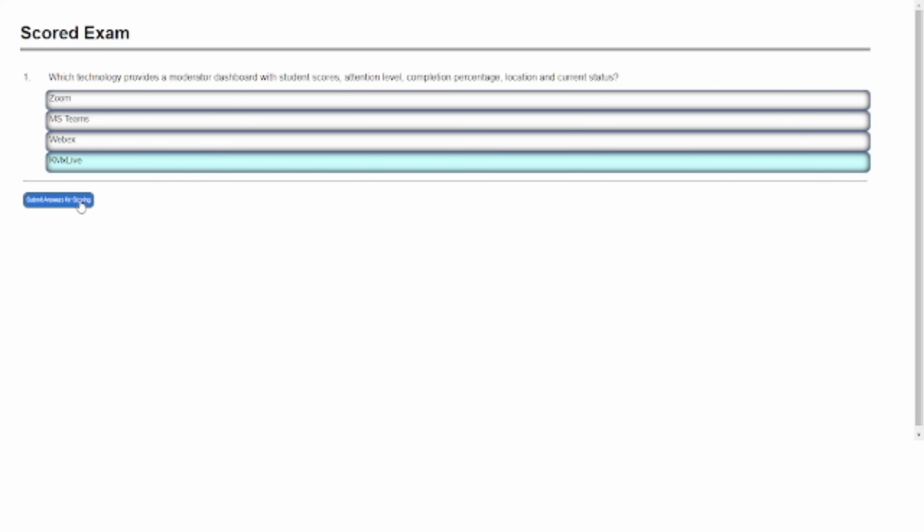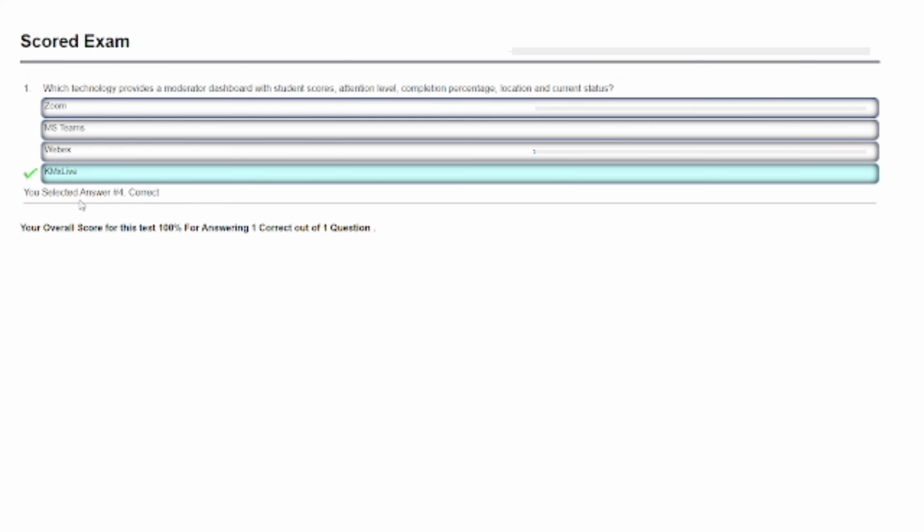We'll be able to see what question they're on, what question they've answered, the ability to actually stop and restart the exam if we need to, pause the exam if there needs to be some interjection, or the moderator needs to make some clarification on how the exam should be executed. These are all things that you can do within the scored exam environment. So only one question. Hopefully all of you aced it, because I already gave you the answer earlier.